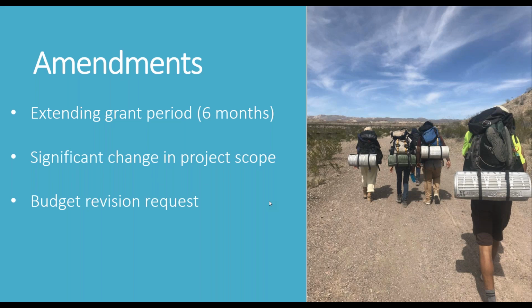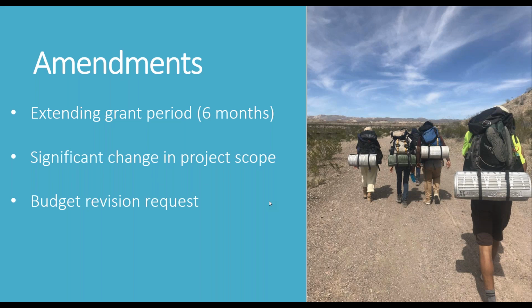Also keep in mind that an extension grant or extension amendment must be fully executed, meaning it's signed by both parties before the original period of performance date ends. So it has to be fully executed in order to be valid. So we'll send you a reminder probably about 2 or 3 months before the end of your grant period. And we'll just check in to see, hey, if you need an extension, we need you to go ahead and